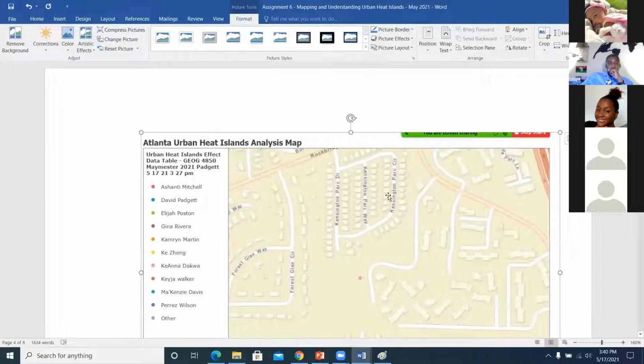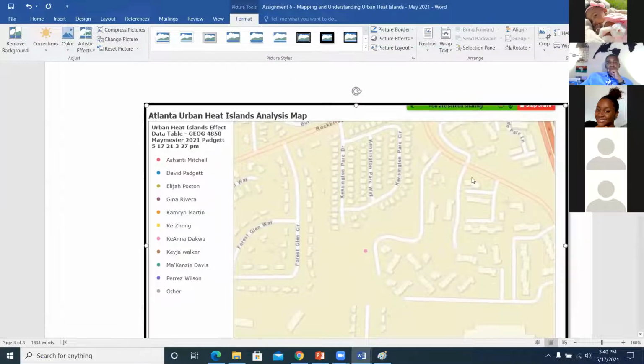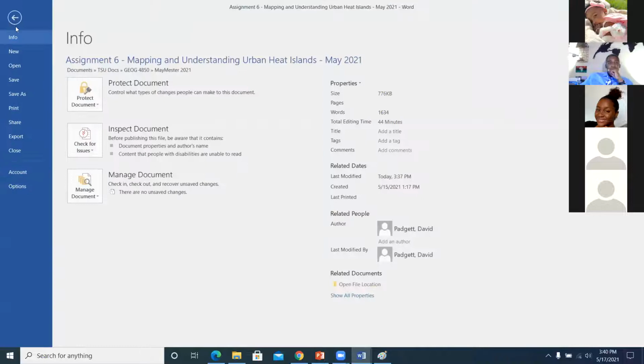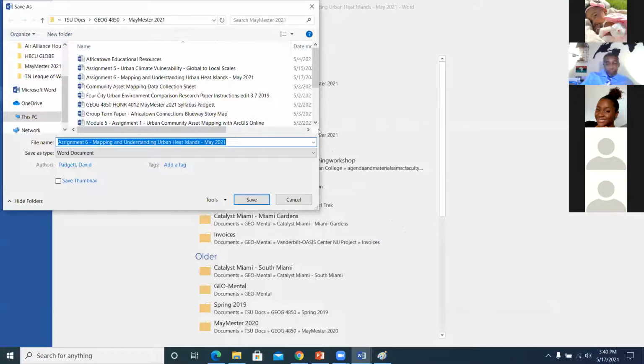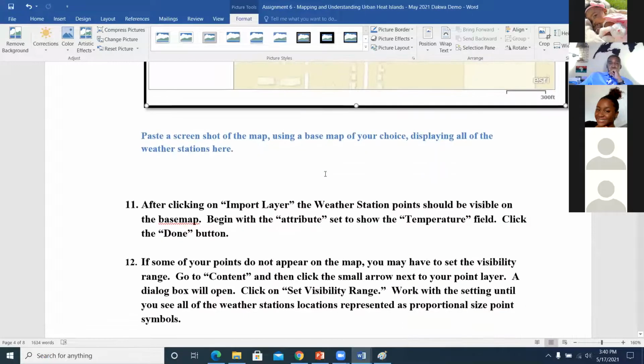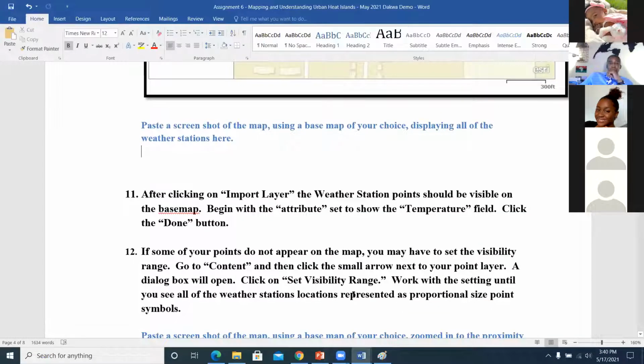And so that's the one that zoomed into your weather station. And then the next one, you do the same thing, except with